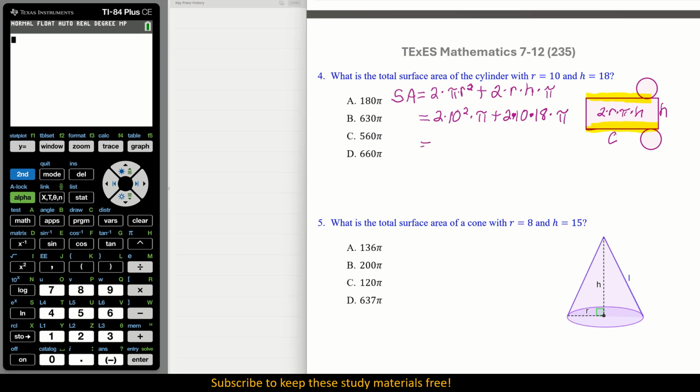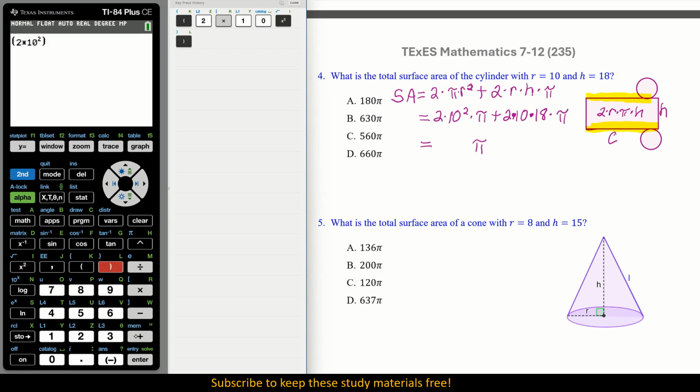When we put this in the calculator, we put in the number values, which we could call a coefficient if we're considering pi to be a variable. Pi will be hanging on at the end, and I'm saying that because if you look at our answer options, everything's in terms of pi. So let's say parentheses 2 times 10 to the second power, close parentheses, plus parentheses 2 times 10 times 18, close them. Before I push enter, yes, it is true that for this situation you do not need the parentheses. I'm using them to show you what I'm doing, and I hesitate not using parentheses when I can because then I don't have to think so hard about order of operations. Let's push enter, and that is our value,